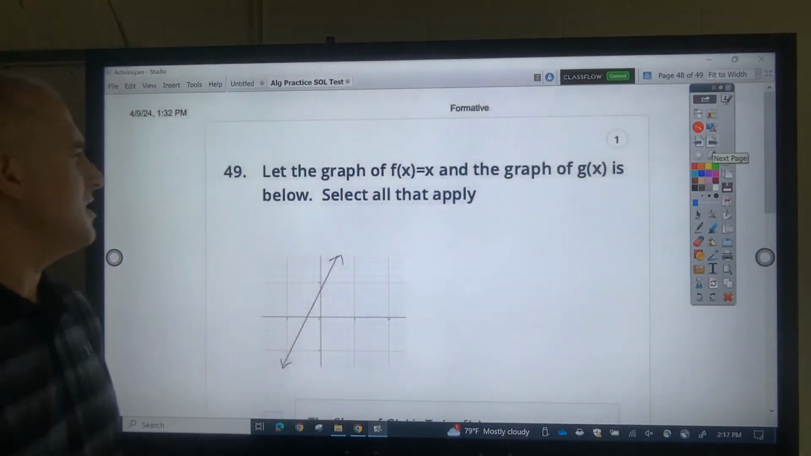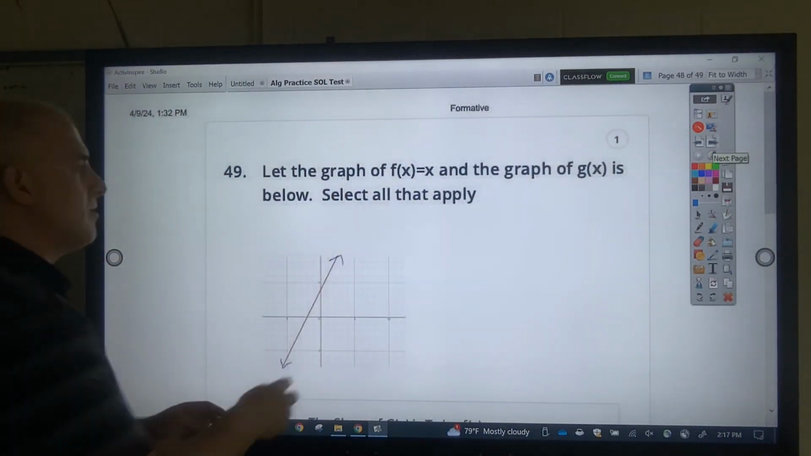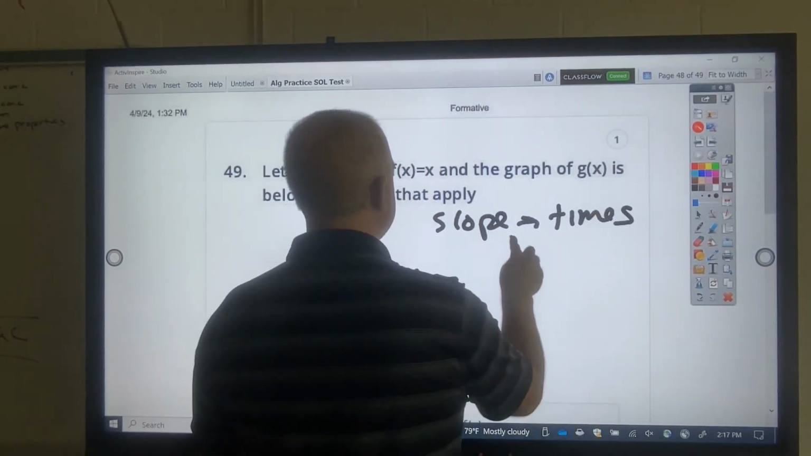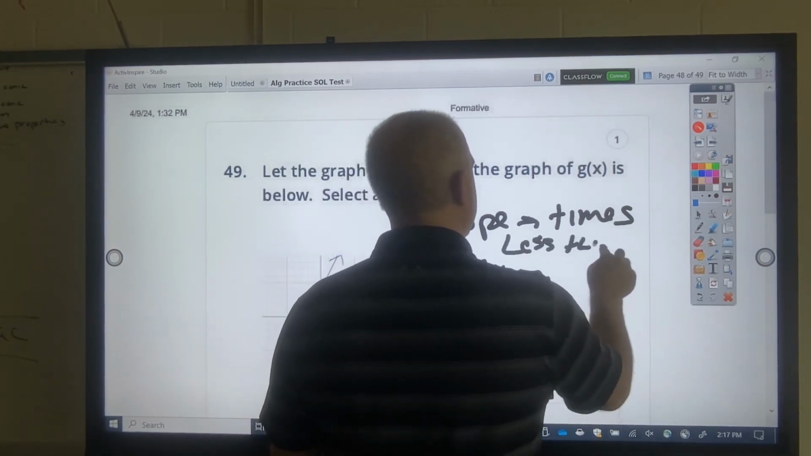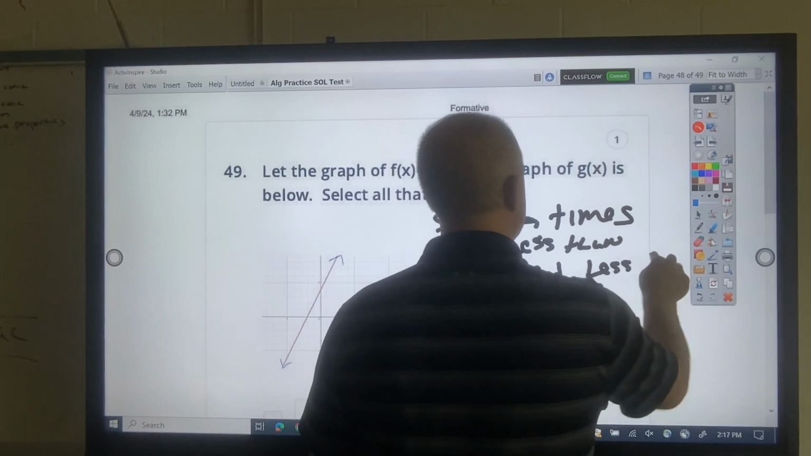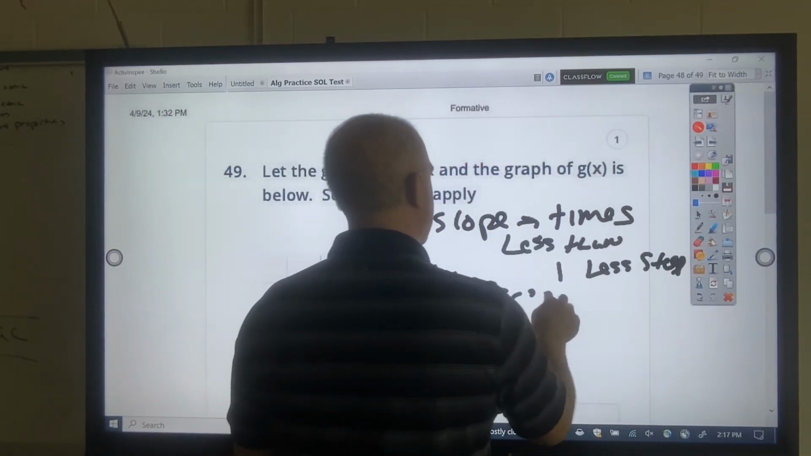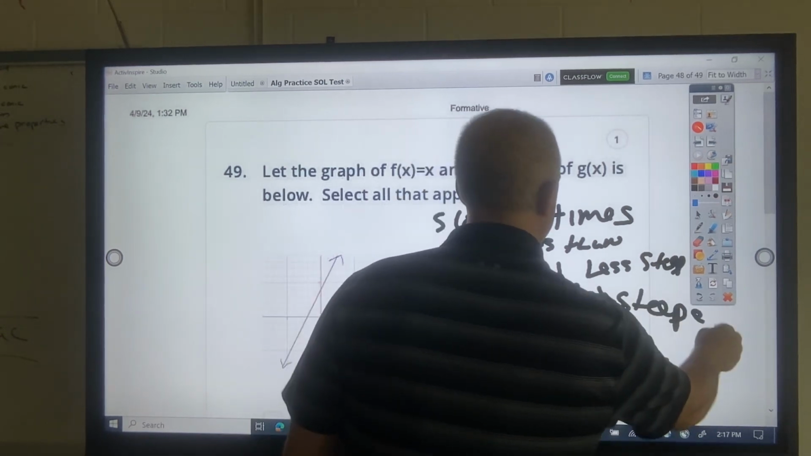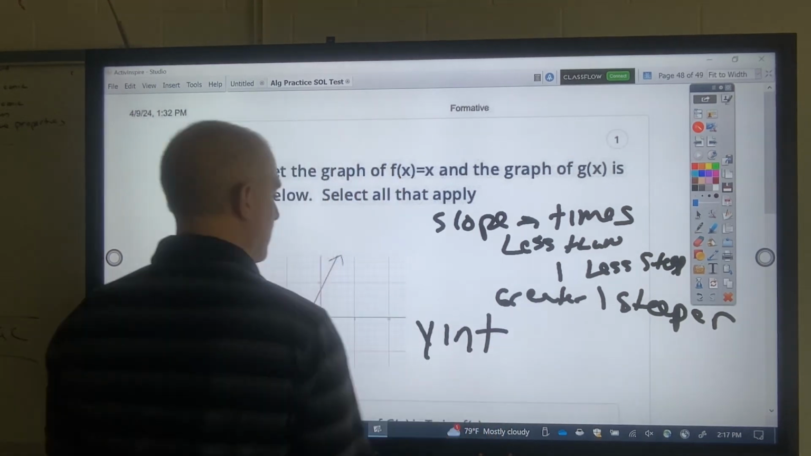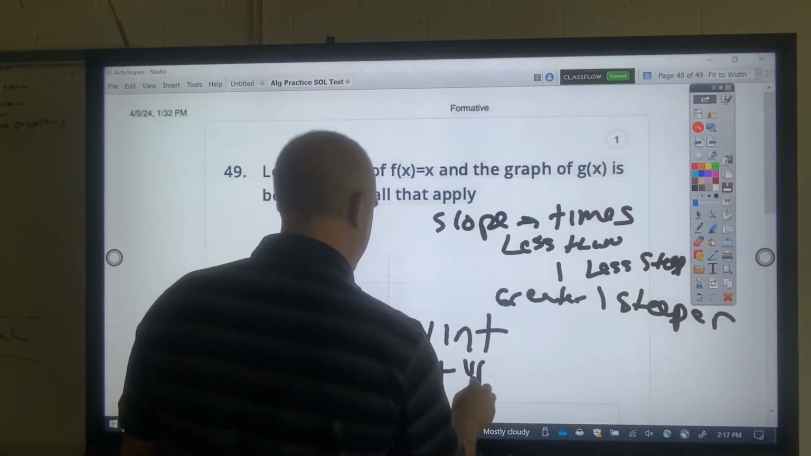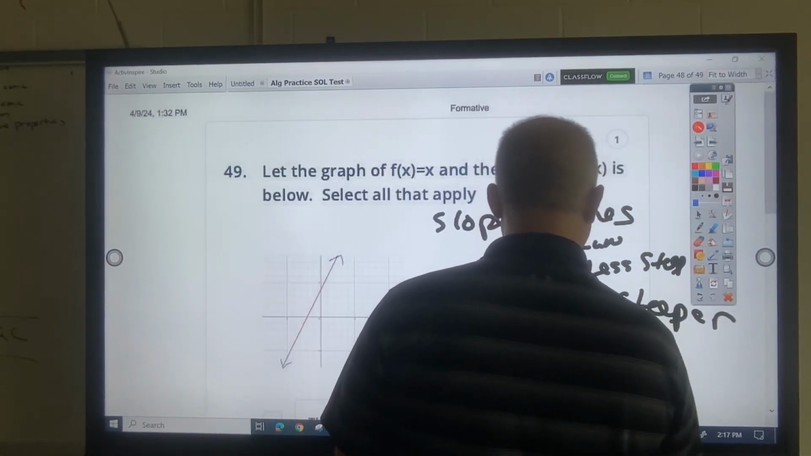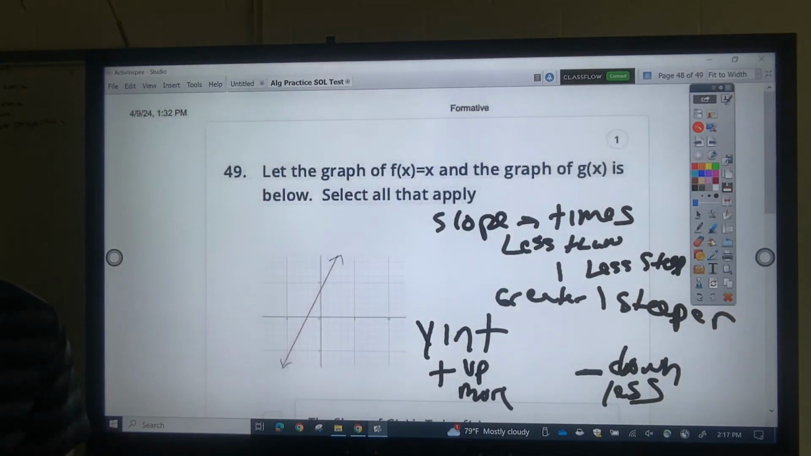Okay? All right, so these transformation ones. So as a reminder, slope is times, and if it's less than 1, it's less steep. If it's greater than 1, it's steeper. Okay? Now, if the y-intercept is positive, that means up or more. If the y-intercept is negative, that means down or less. Okay? Now, this is really hard to see. You can probably see it better on your